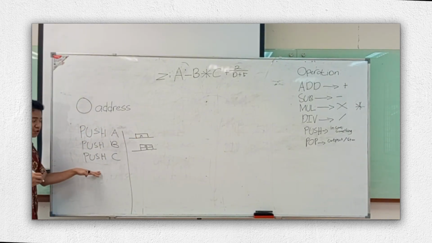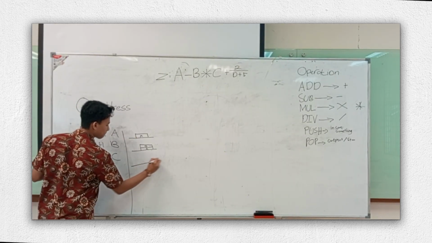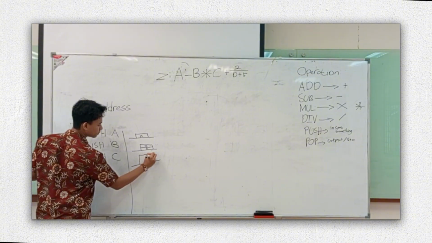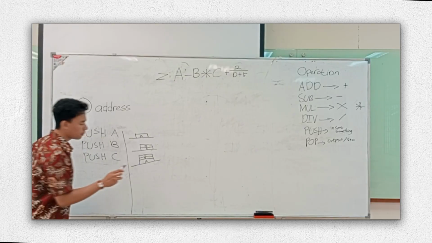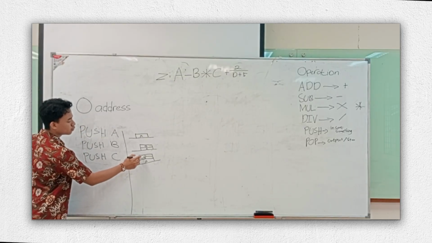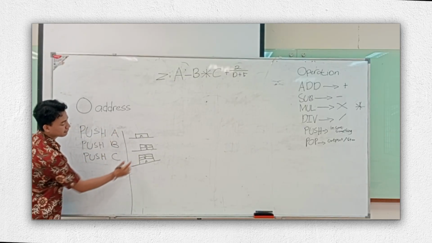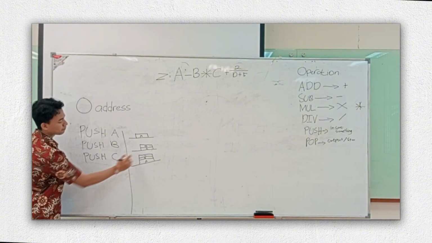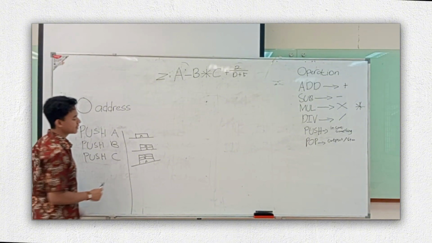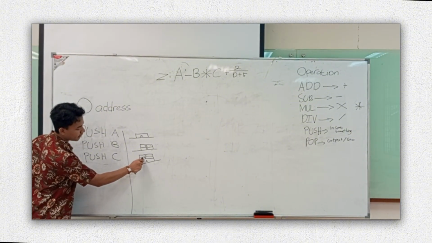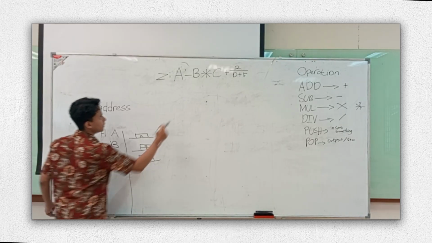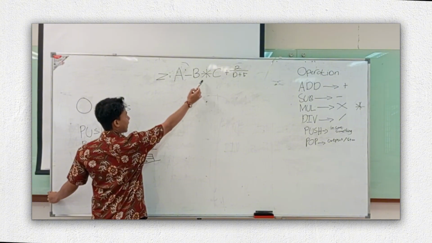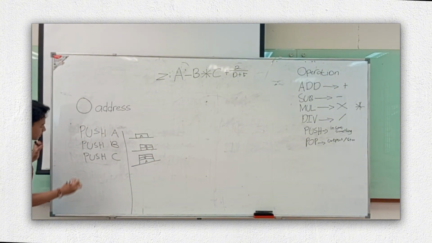And we push the C. Here, the operation will happen on the first 2 upper levels, the first and the second one. So here, as we can see, we have the C, B and A. We can do B times C, so we're going to put the mul,